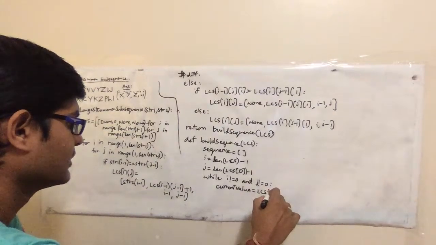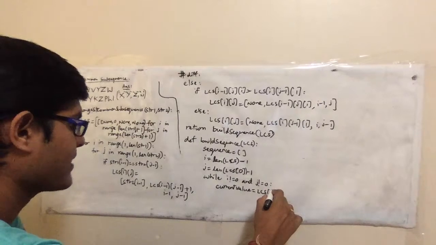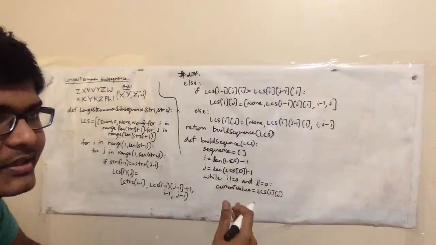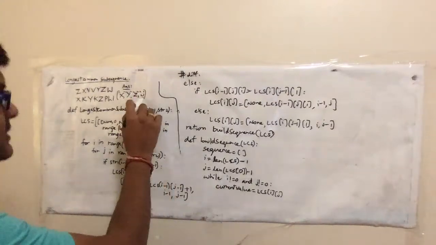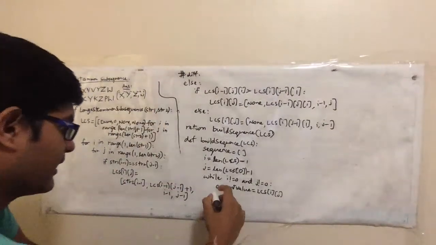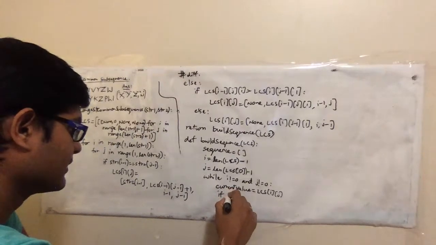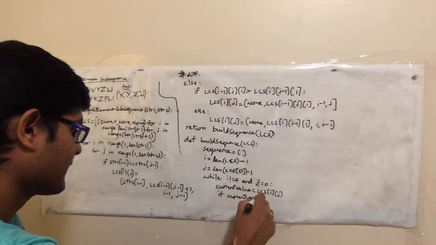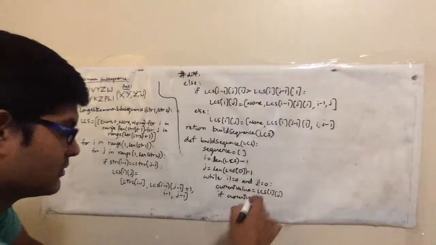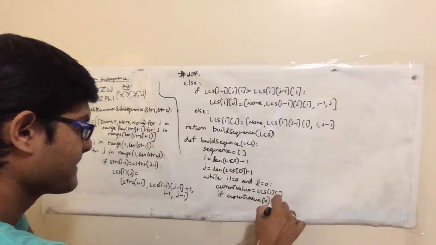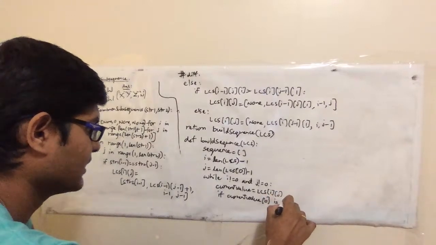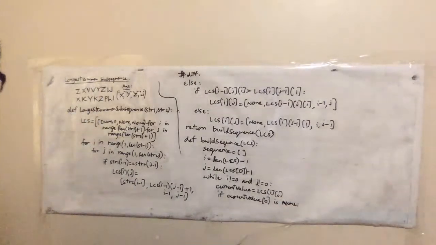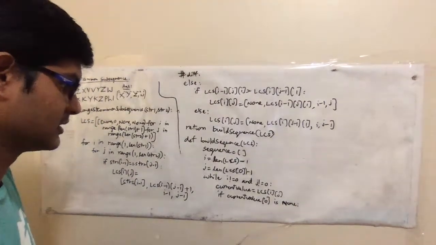LCS of i, j, that is, say x y z w, that's the last value. And if the current value of 0 is none,